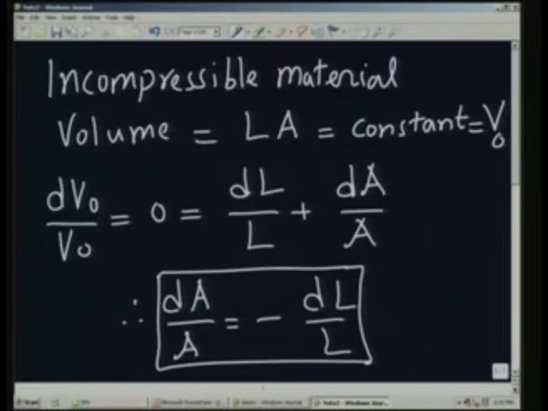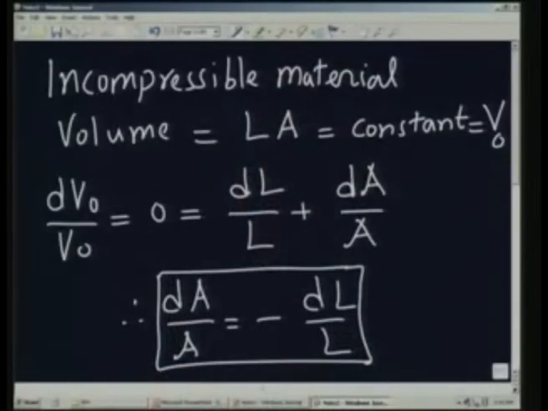In fact, it is not necessary to have a cylinder. You can have a prism, you can have a square bar, the same thing is going to happen. The cross section is going to become smaller and the length has become larger. And conversely, suppose I subject this material to a compression, the length is going to reduce, the area is going to increase. Okay? And I am looking only at very small changes. Let us not go close to the yield stress and so on. We are talking about very small changes in the length and the area of cross section. We are not talking about large changes.